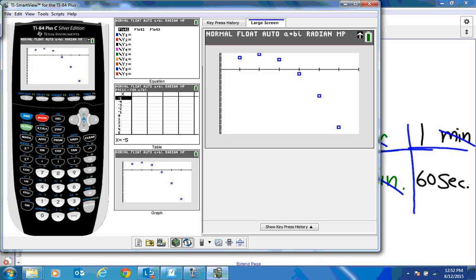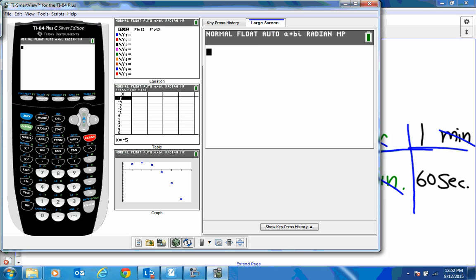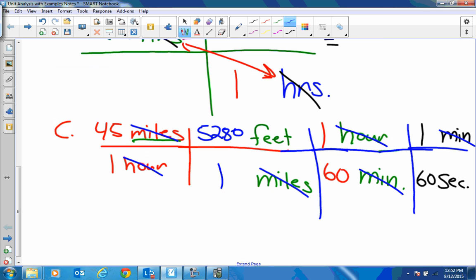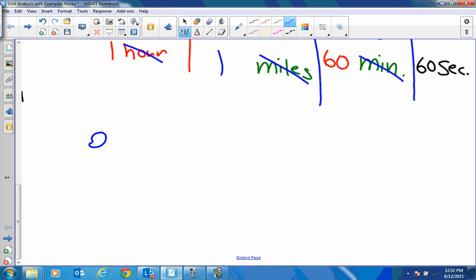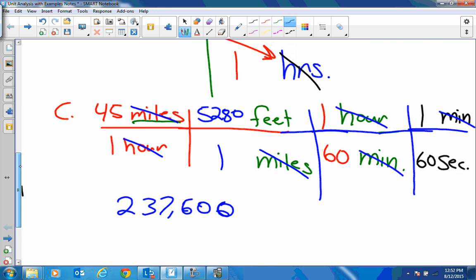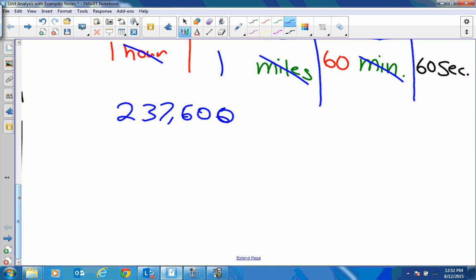So, 5,280 times 45 is 237,600. Okay, so we'll extend this a little bit. And what's the unit right there? What's the unit on top that's left? Miles is canceled out, hours, minutes canceled out, so we're left with feet. So that's how many feet